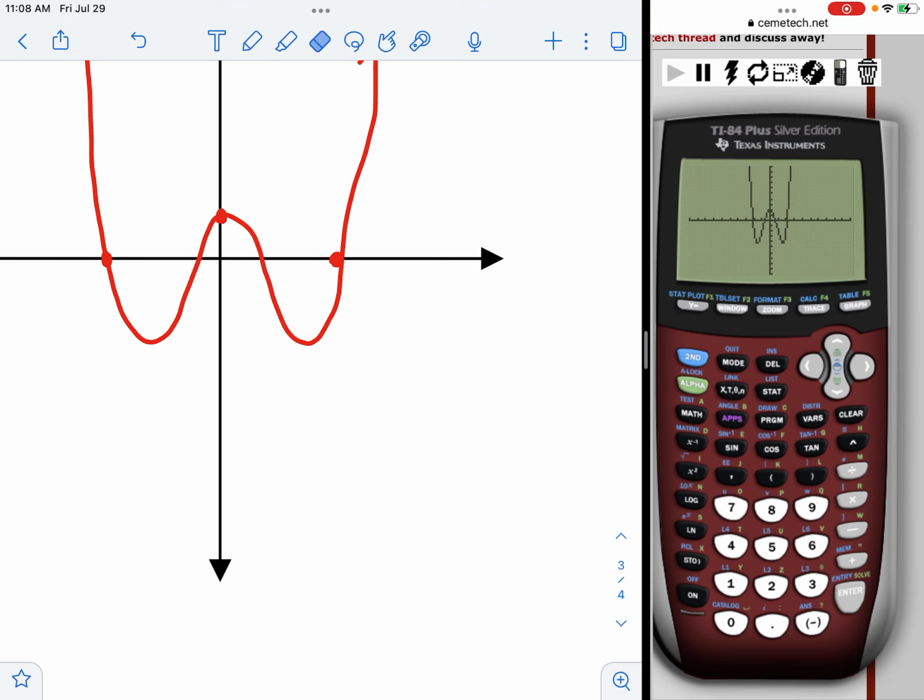I want to hit calculate. So I'm going to hit second and then the trace button. Option number 3 is minimum. So we're going to choose that. And now we want to find the minimum. So what we're going to do, if you look at the bottom of the calculator screen, it says